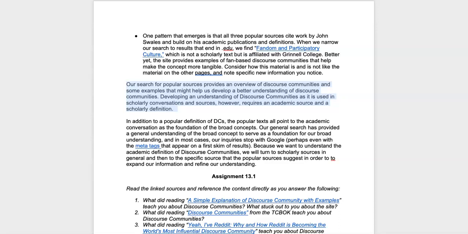Developing an understanding of discourse communities as it is used in scholarly conversations and sources, however, requires an academic source and a scholarly definition. In addition to a popular definition of discourse communities, the popular texts all point to the academic conversation as the foundation of the broad concepts. Our general search has provided a general understanding of the broad concept to serve as a foundation for our broad understanding, and in most cases, our inquiries stop with Google, perhaps even with the meta tags that appear on a